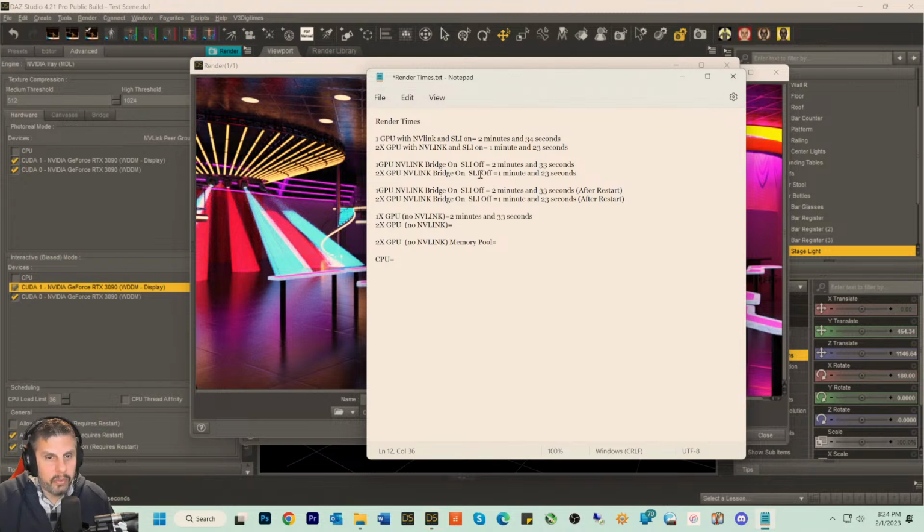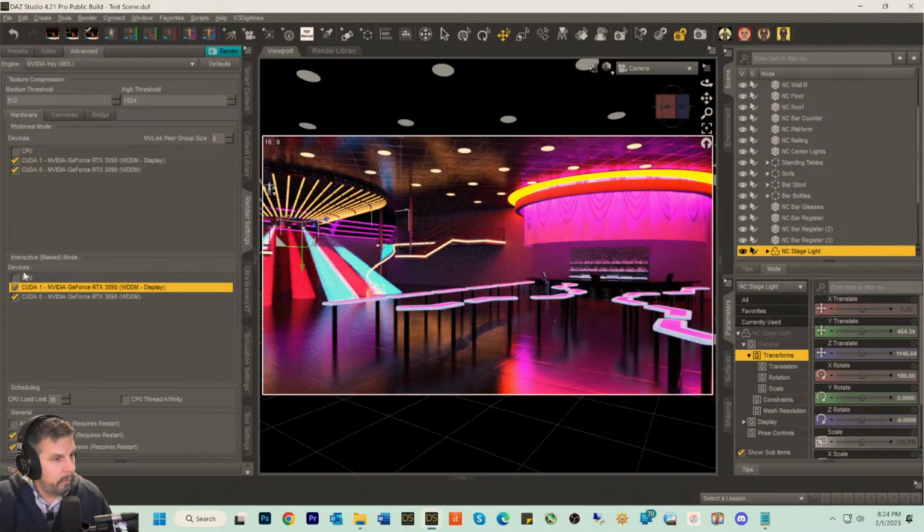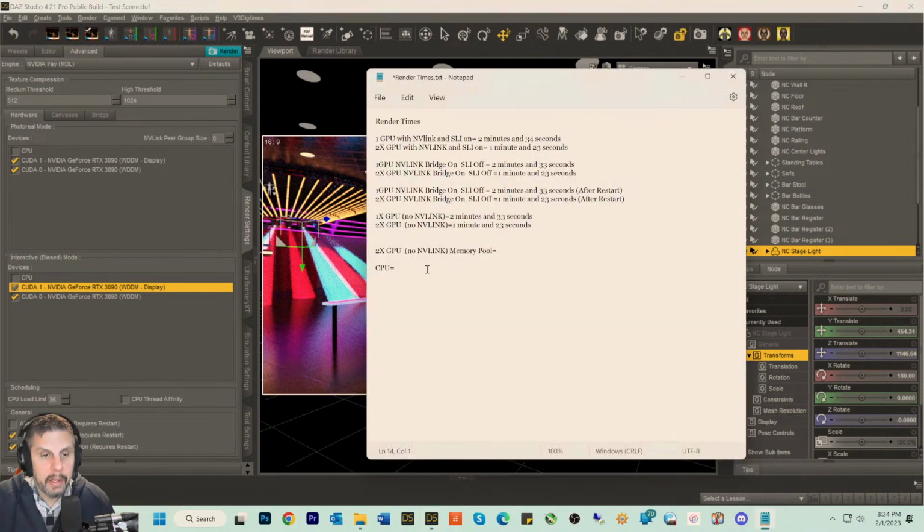And okay, you have your answer here. If you get a second 3060, you will halve your render time. You just add that. It will show right up here in Daz. You click them both, and your render time will be cut in half. Okay, and I would take that to the bank, because there is no